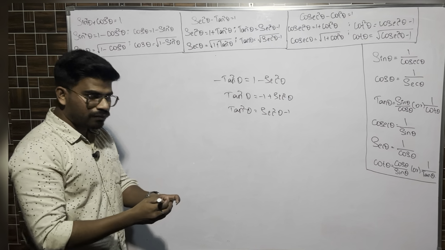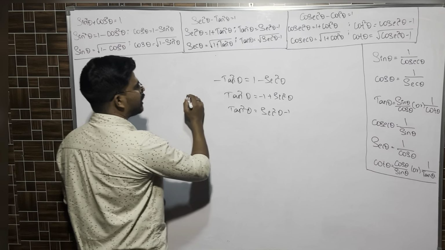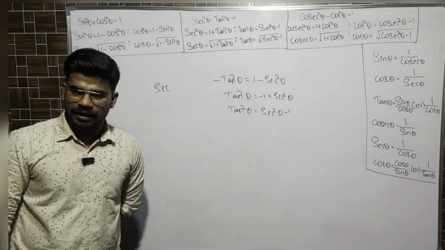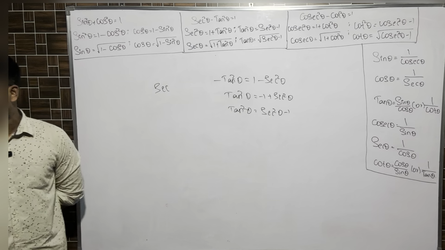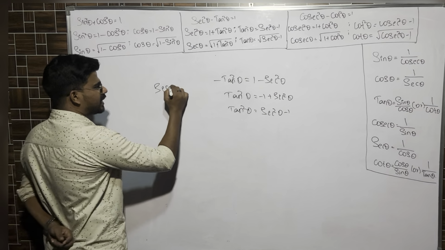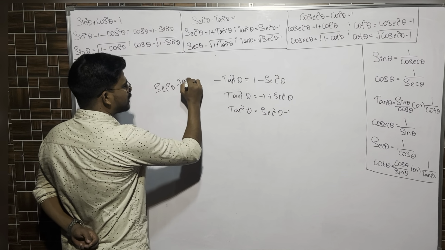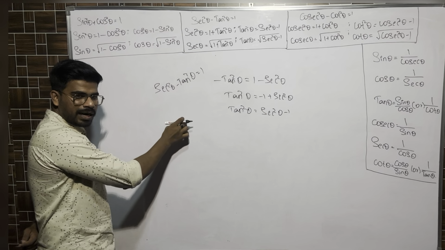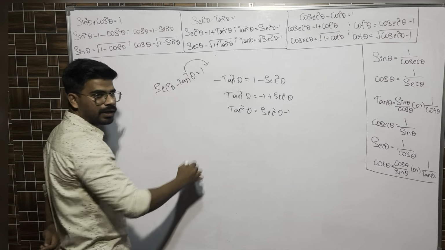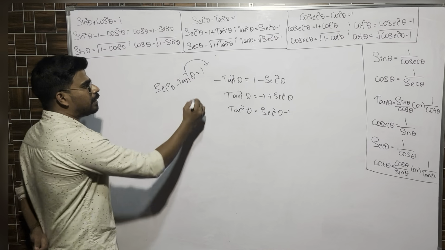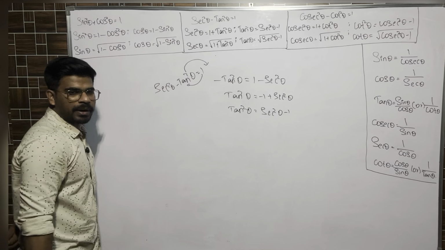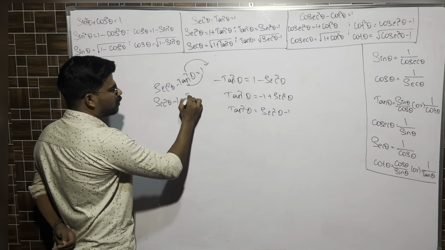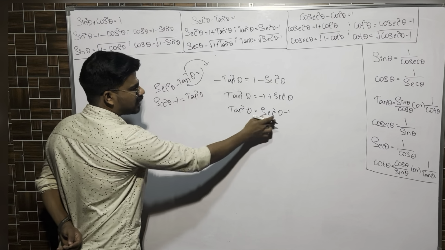In order to get rid of these 3 steps, what we do in general is as follows. Understand here, this is important for both the identities. You will feel difficulty only while understanding these 2 identities. I will explain. Secant square theta minus tan square theta is equal to 1. So instead of sending secant square and putting minus tan over here, we will send minus tan to this side. It will become plus tan. Plus 1 will go to this side. It will become minus 1. So secant square theta minus 1 is equal to tan square theta. This is what it is.